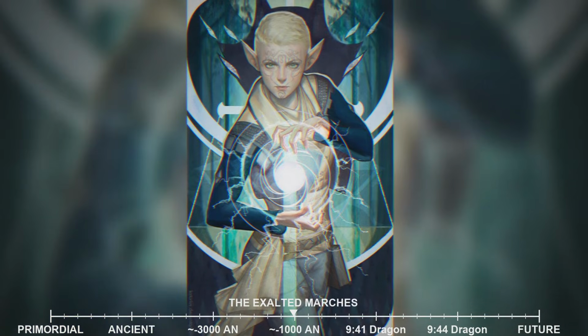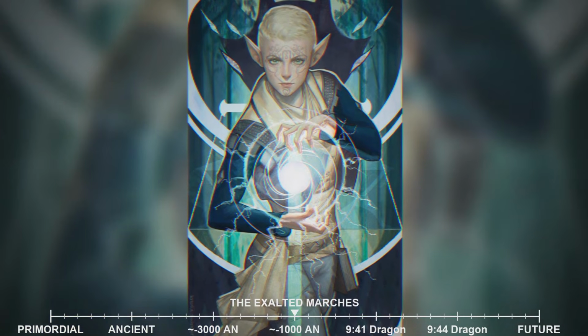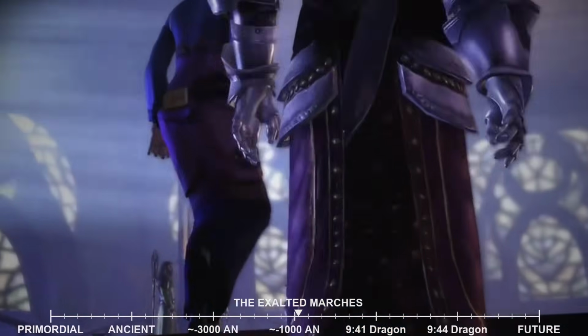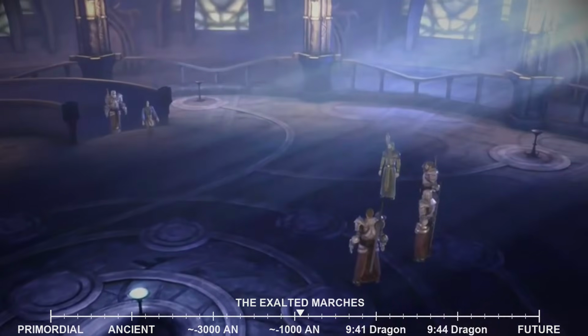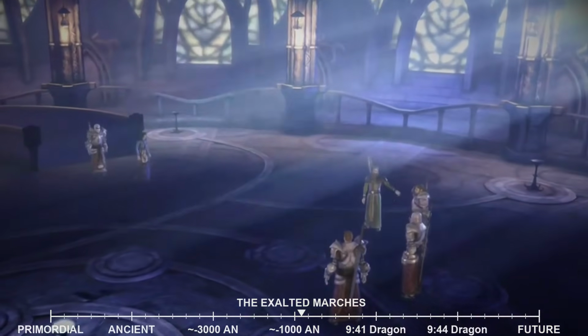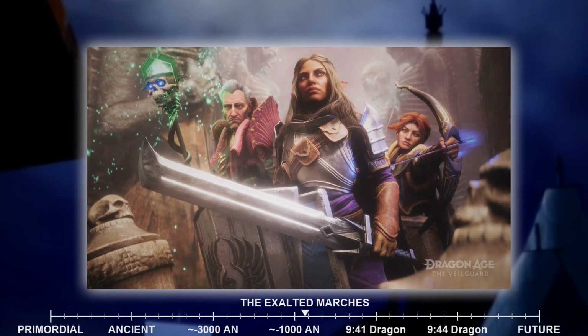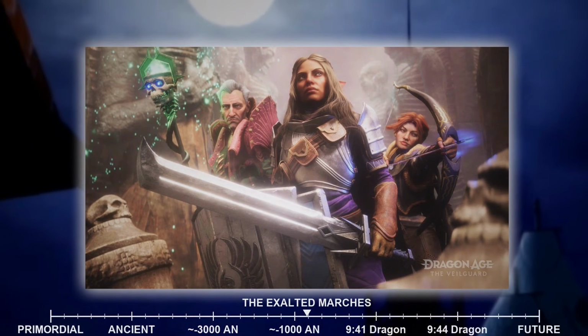Andraste's teachings offered hope and redemption, promising that the Maker would return to a world that embraced his love and righteousness. She condemned the Tevinter Imperium's practices, particularly their enslavement of peoples and their reliance on forbidden magic, as an affront to the Maker. Her message resonated deeply with the oppressed and the downtrodden, particularly the barbarian tribes who chafed